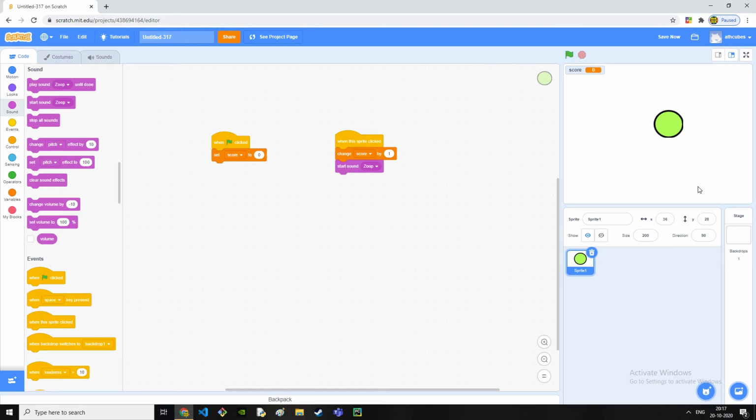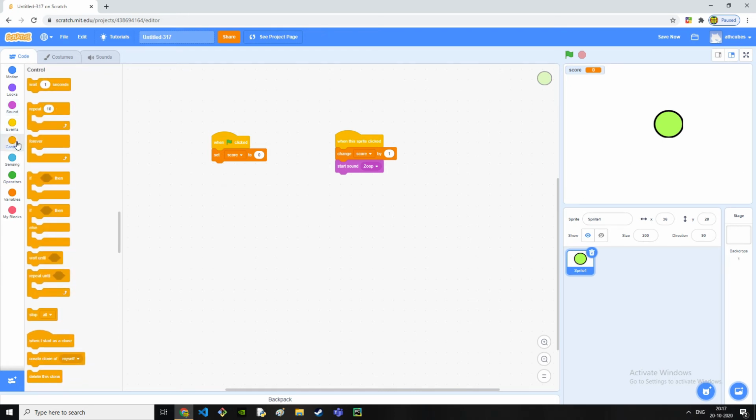Now it's not too interesting, so we want our player to move so that it would be a bit harder. So now we drag in the forever block from control and join it with these two.